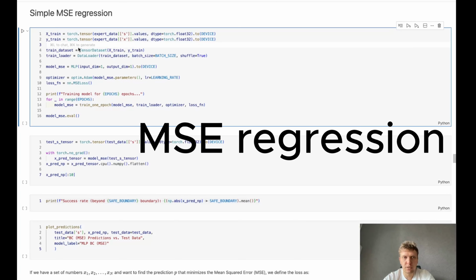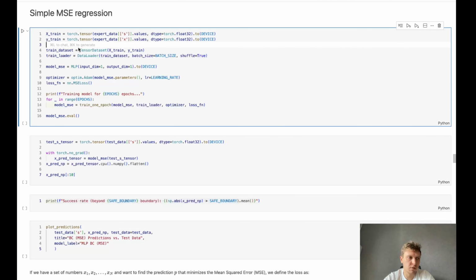So as a first example, I want to train the model using mean square error loss in a regression problem. Ideally, whenever you train any machine learning model, you should choose a loss that is aligned with the final objective you want to optimize. In our case, we want to optimize our success rate, and it's very unclear what loss function actually optimizes our success rate. So as a first attempt, let's try to use the most common and default loss, mean squared error